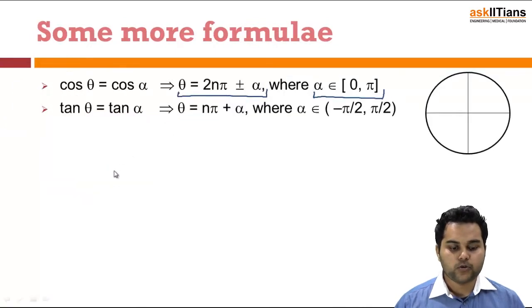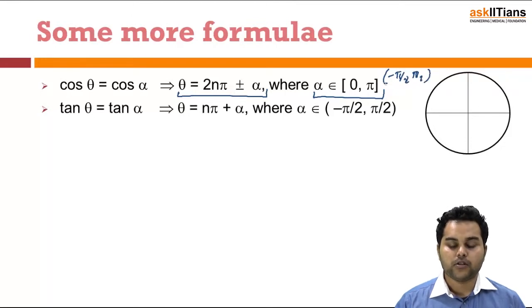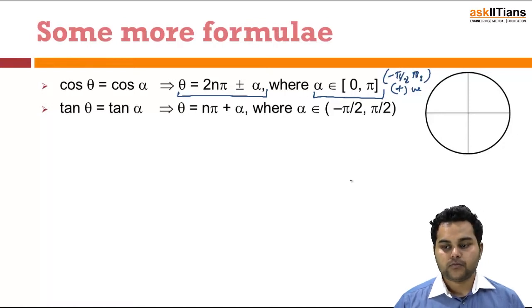So in the case of cos theta is equal to cos alpha, coming back to it, it is defined for 0 to pi and not minus pi by 2 to pi by 2, because if those two quadrants were taken, cos theta equal to cos alpha would be positive in both the quadrants, which would not define the general solution if alpha is a negative angle. So I would not be able to figure out the value, as if the equation had been cos theta is equal to minus cos alpha. Hence, the range that has been defined for alpha in this case is 0 to pi.